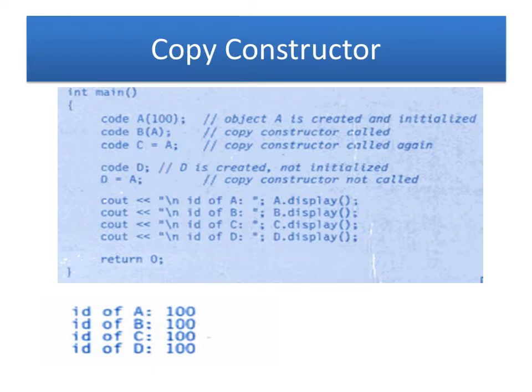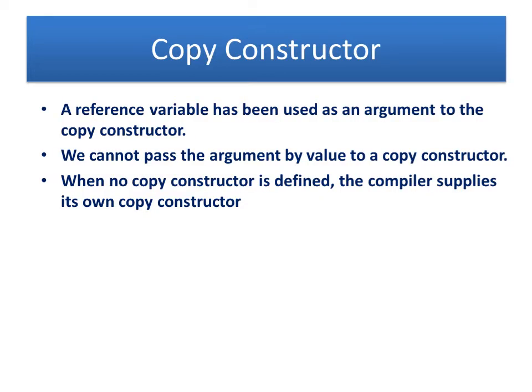So I may do it in two ways. One is, okay, fine, code C equal to A. I may use the assignment operator also, isn't it? Likewise, I may use the copy constructor. So here the reference of object A will be passed to object B, and object B in turn is going to hold the value of A. So both A and B will be holding the same copies, right? This is what we call the copy constructor. The reference variable is used as an argument to the copy constructor, and we will not pass the value to the copy constructor. This is an important key point we have to remember. Again, when no copy constructor is defined, if we are not defining any copy constructor inside it,